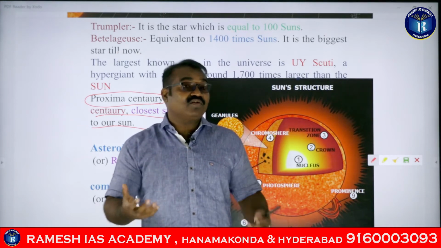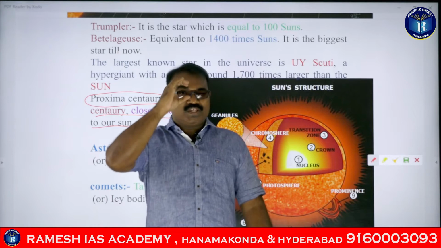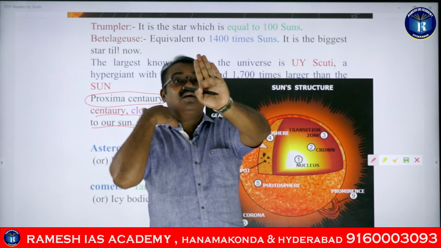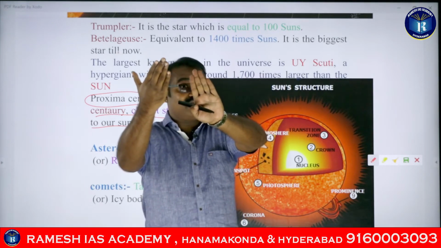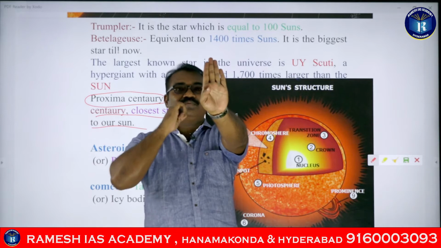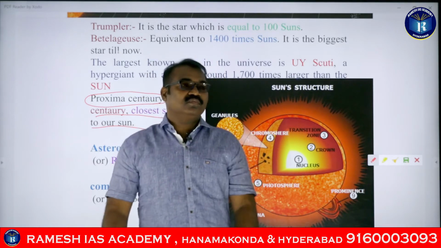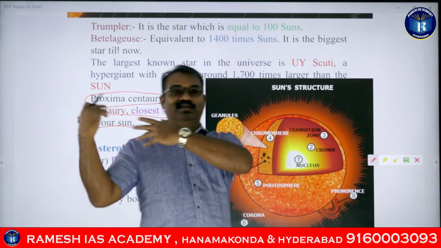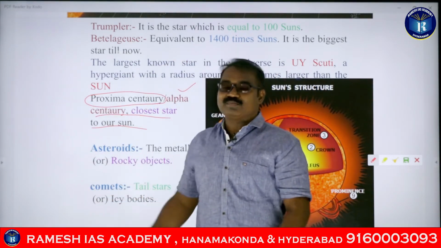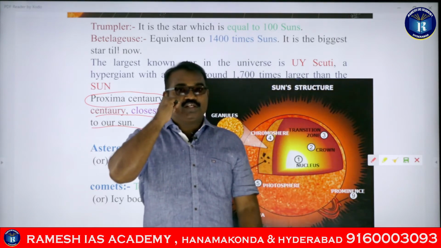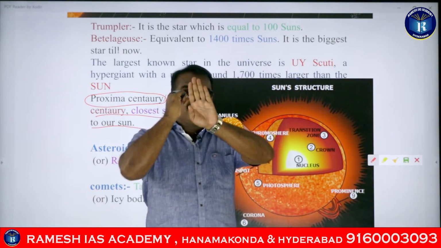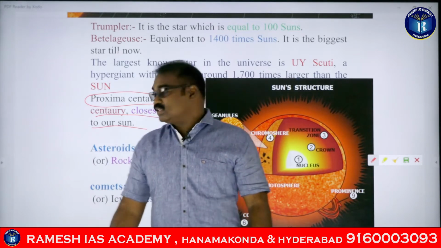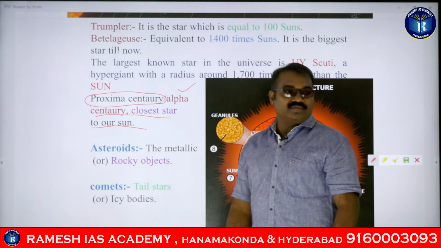So previously we did not have the optical instruments which can see beyond the sun. Even though the sun is present, we were not able to see. Now we have the optical instruments, so here is the sun, but we can see what is beyond the sun also. Previously we were not looking at the glare of the sun, we were looking in all the other directions, and we said that it is Proxima Centauri which was close. But because of the new optical instruments, we have seen a star which is very much back to the sun, and that is Alpha Centauri.